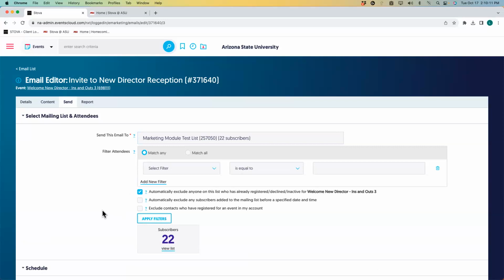All right. If you want to add additional people to your mailing list, which if any of you have done big events, you know this happens, where someone will come to you and says, oh, we just found these 20 very important people that need to be invited to this event. And they give you those 20 names and you add it to the list. All right, maybe you just sent this list out yesterday. You don't want to send it to everybody again to make sure that these 20 people get it. All right, what you can do